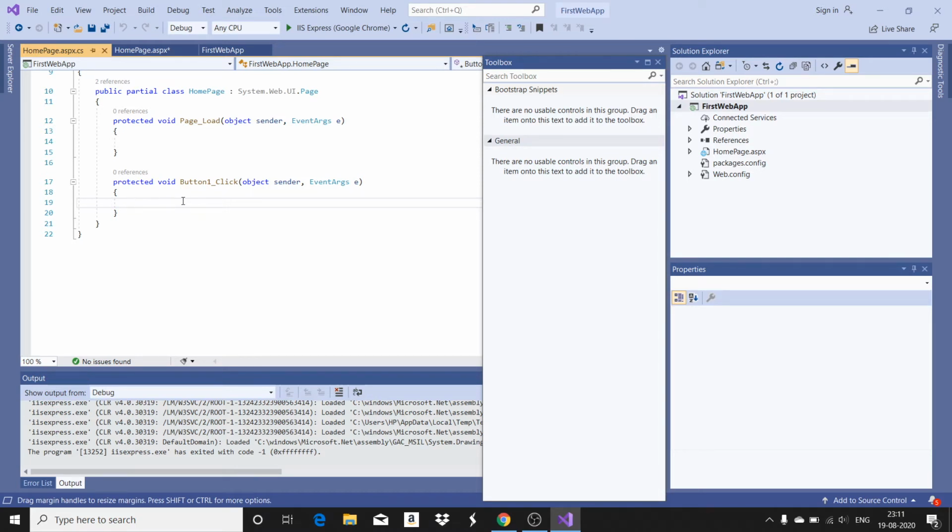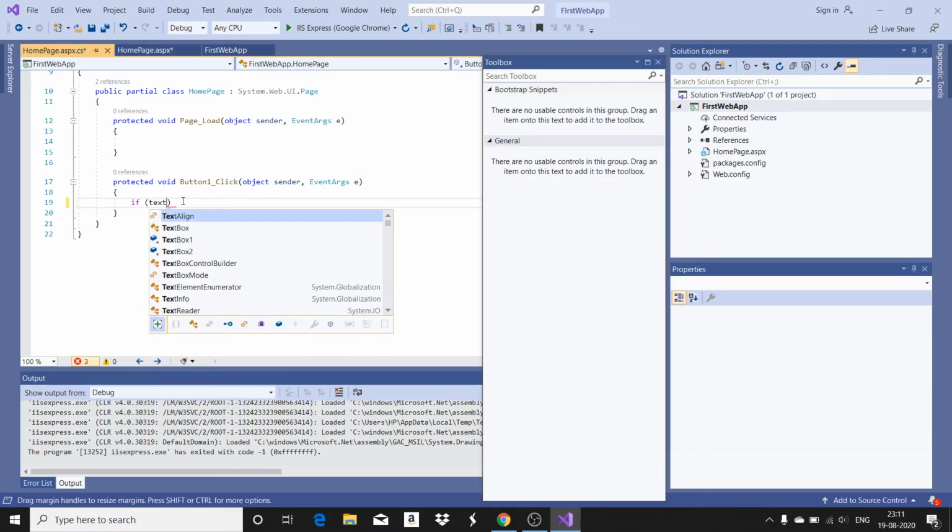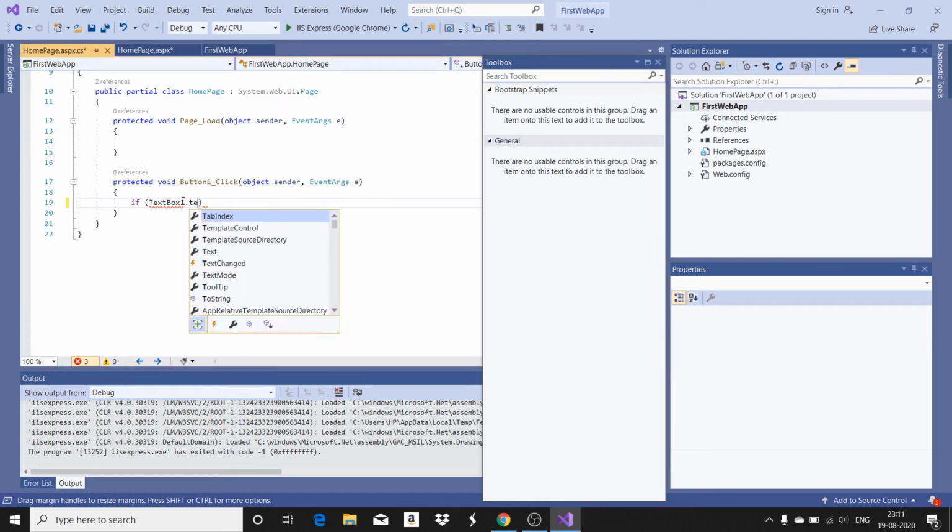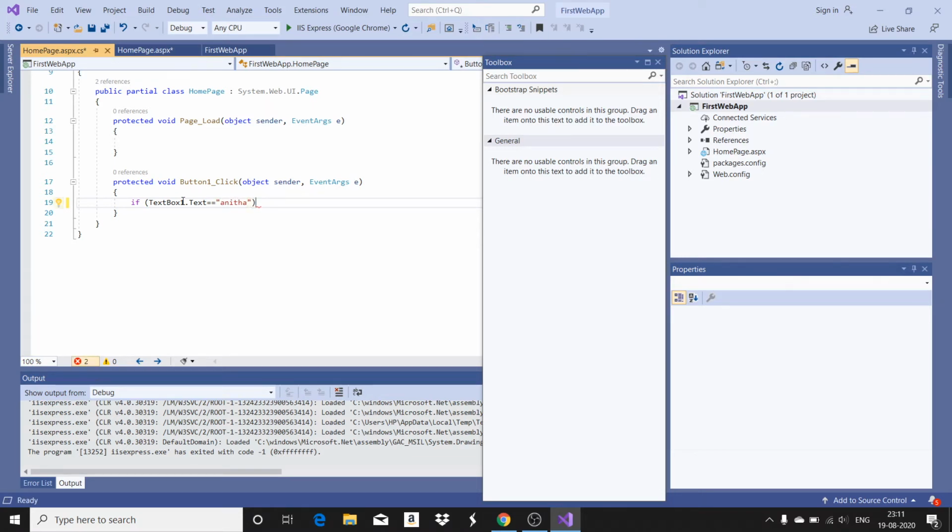I'm going to just check if TextBox1.Text is equal to a username like this, and TextBox2 must be equal to Harita, right?